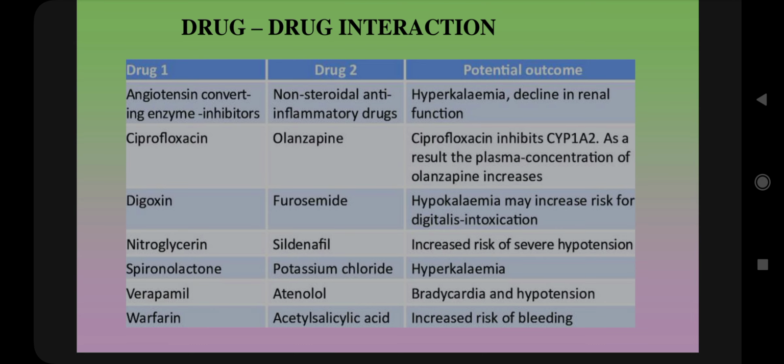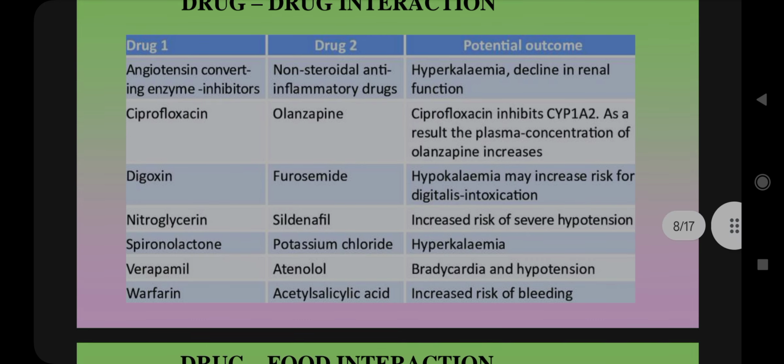Second is ciprofloxacin and olanzapine. In that case, ciprofloxacin will inhibit CYP1A2, and as a result, the plasma concentration of olanzapine increases, as olanzapine is an antipsychotic drug. Then third example is digoxin and furosemide. In that case, there will be hypokalemia, and it will increase the risk of digitalis intoxication. Another example is nitroglycerin and